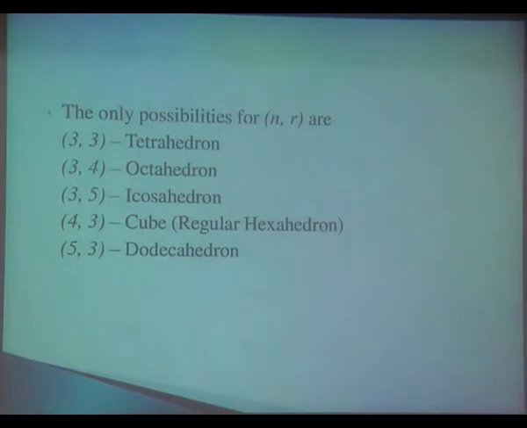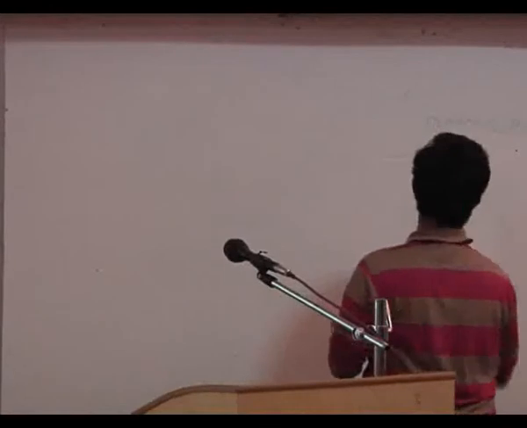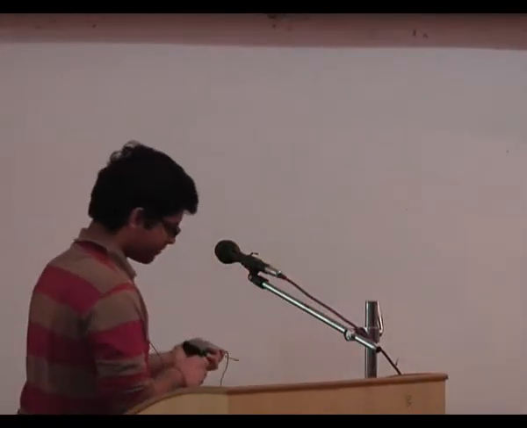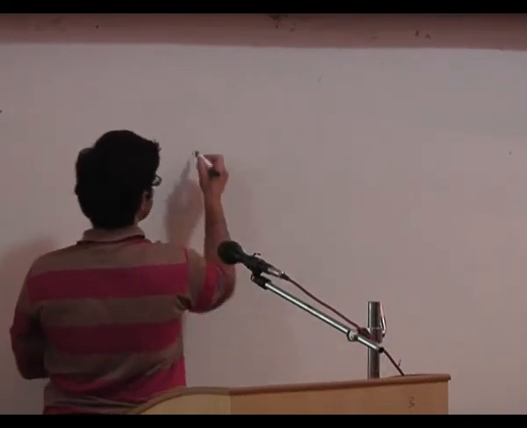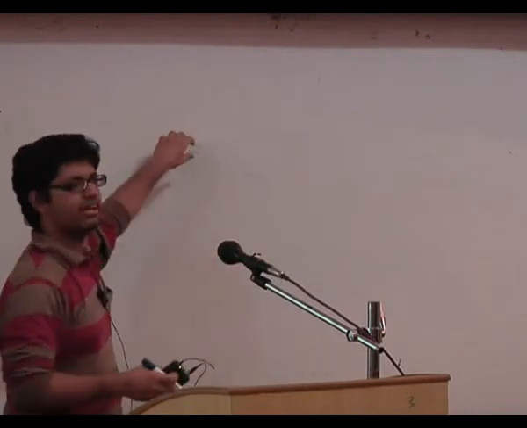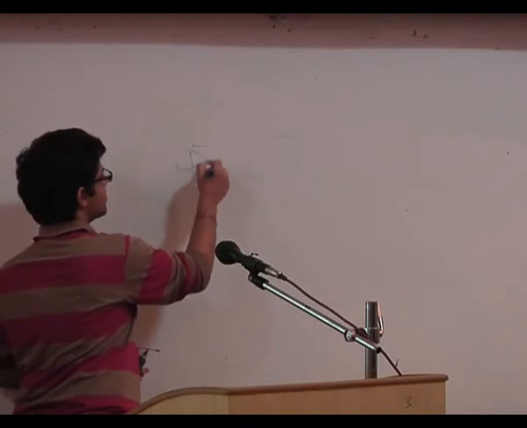Wikipedia gives you a slight variant of this proof. It's not a slight variant, sorry. It's pretty much different, but it's geometric in nature. What they say in Wikipedia is you have a vertex and you have line segments joining at that vertex, right? What it says is the sum of all these angles should be less than 360 degrees.